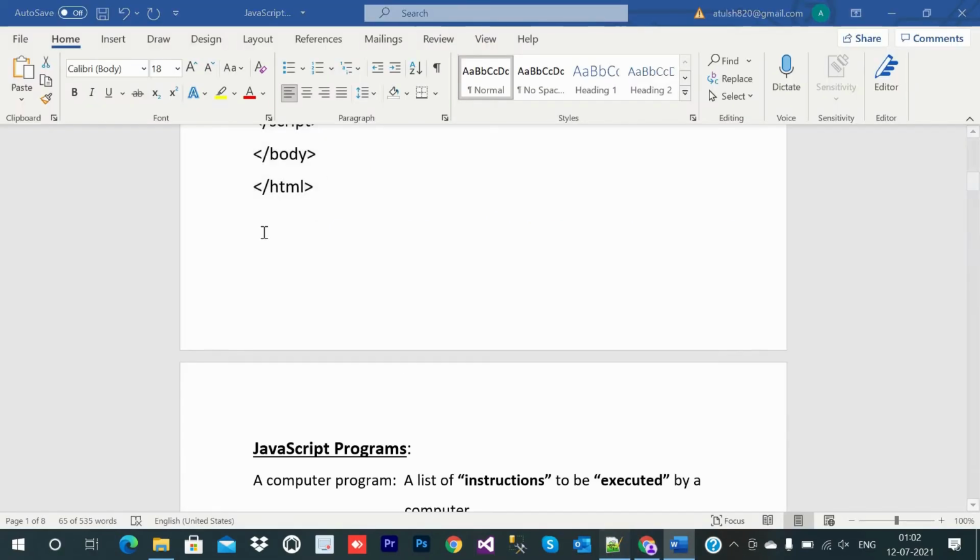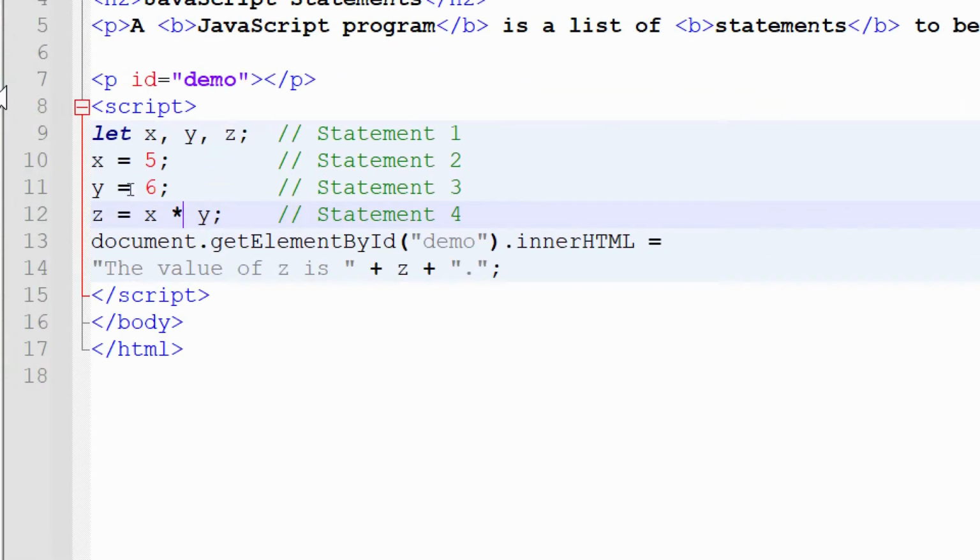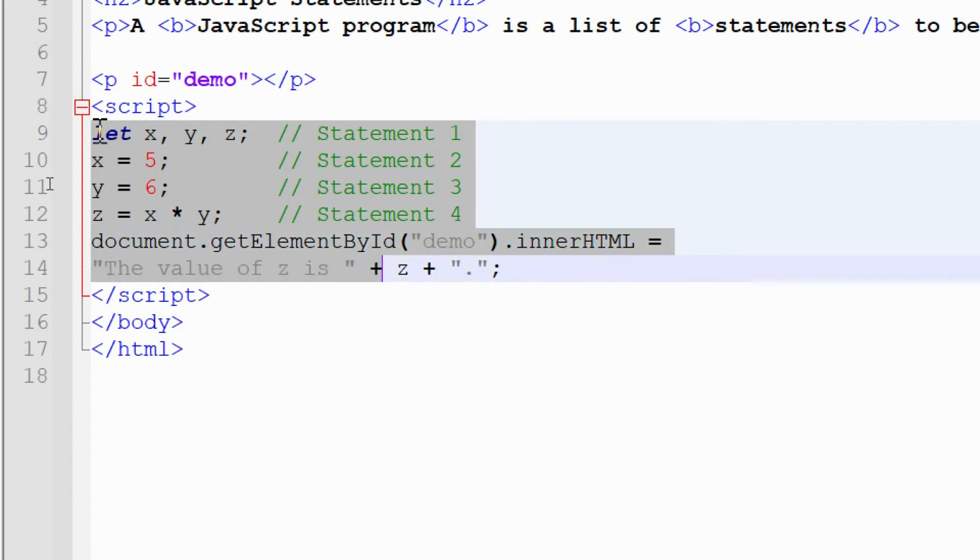So you can understand JavaScript. What is a JavaScript statement? A JavaScript statement is each line inside script open and script close, because here we write JavaScript code. So this is a statement, the next line is a statement, separated by semicolons. All these JavaScript statements together make, build, or run a JavaScript program. So I hope it is clear to you.